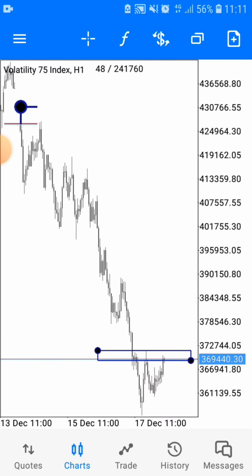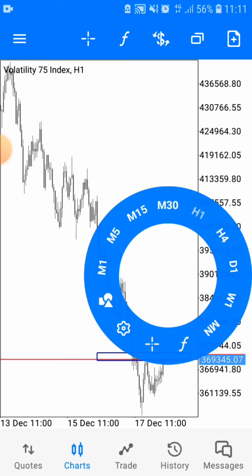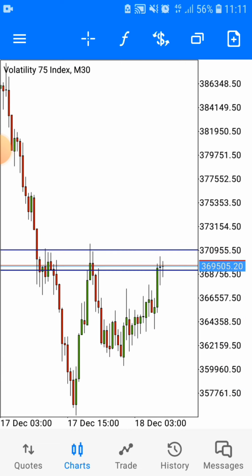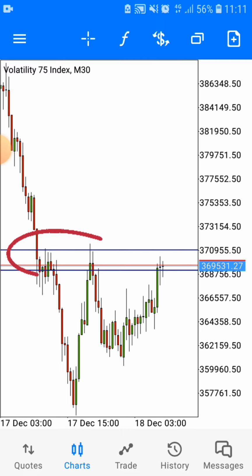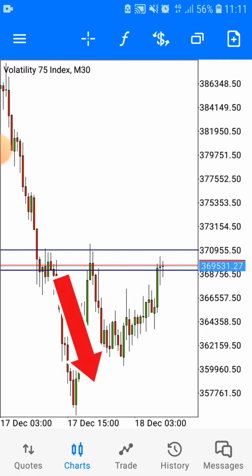Then what's next is we have to progress to the next lower time frame, which in this case will be the 30-minute time frame, our entry time frame. Now looking very clearly on this lower time frame, we have to look at how the market is behaving while it is on our zone. We can see here that whenever price reaches this zone, it fails to go much higher, and as a result it leaves us with these weak rejections and goes back much lower, as it can be seen on your screen right in front of you.